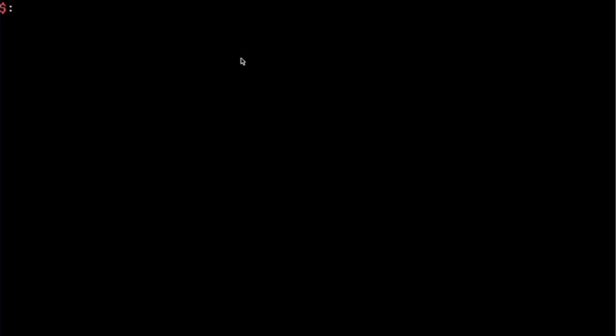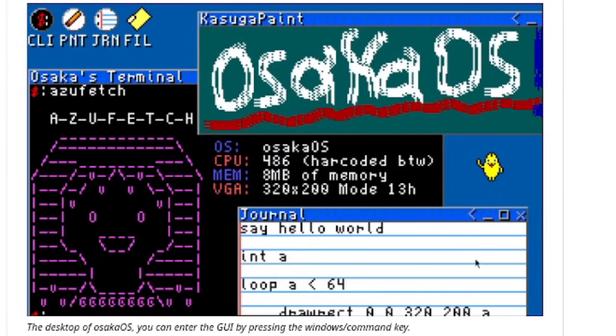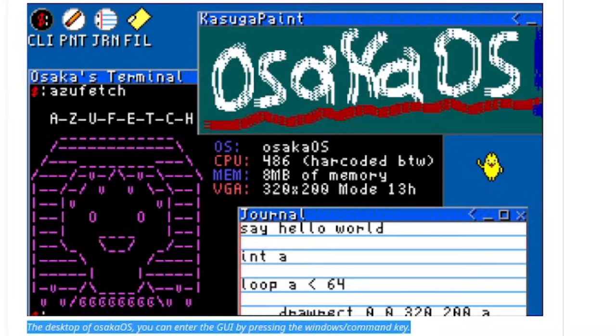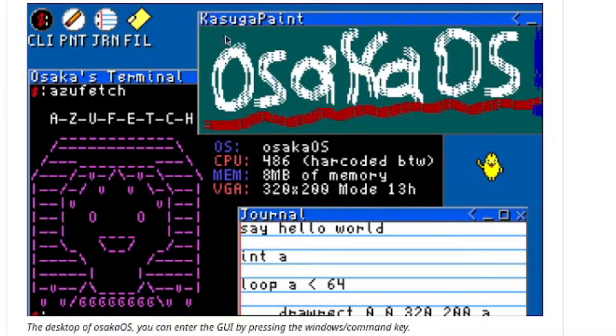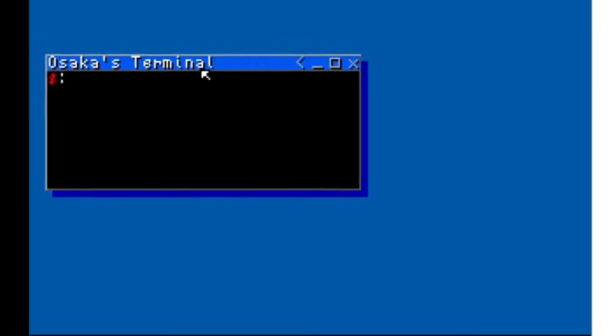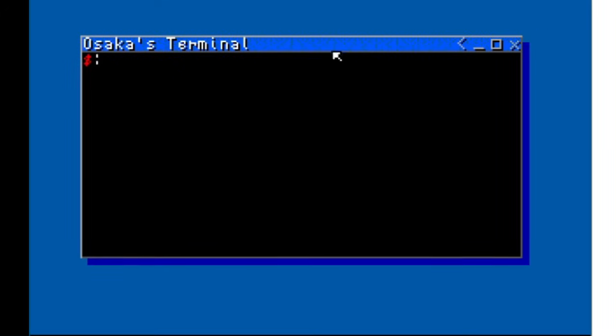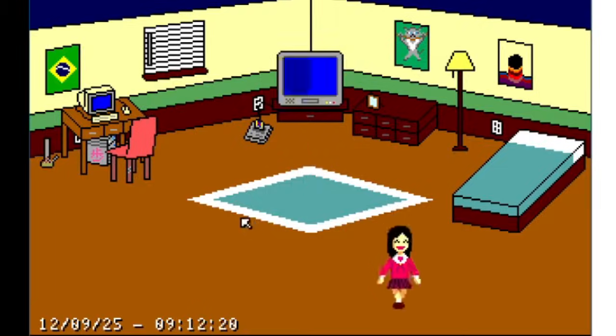So I'll go into the GitHub page very quickly and just see how I can enter the home page, because that's what I really wanted to see on this operating system. Okay, so it says the desktop of Osaka OS. You can enter the GUI by pressing the Windows/Command key. So how about we try that really quickly? So there is actually a graphical mode, as you can see here. I wonder what we can do from here. So you just press the Windows key again, and this is the screen I really wanted to see,